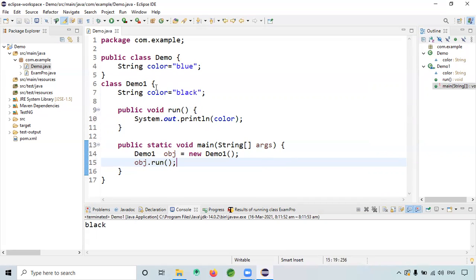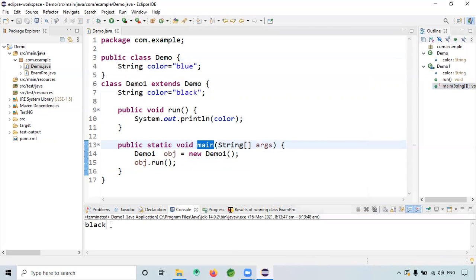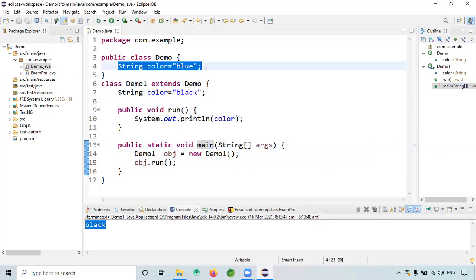Wait, I haven't given the extends here. I forgot to give extends demo. Anyway, it will only call that class, because we created that. So now it will again print black. Now I want to print blue, right?